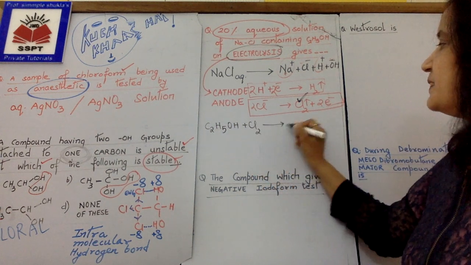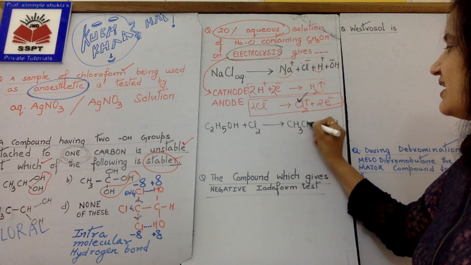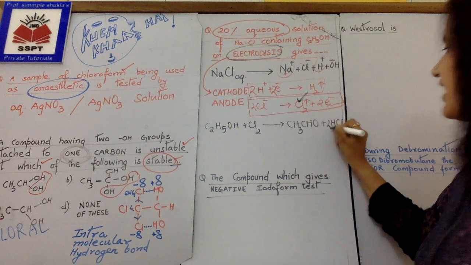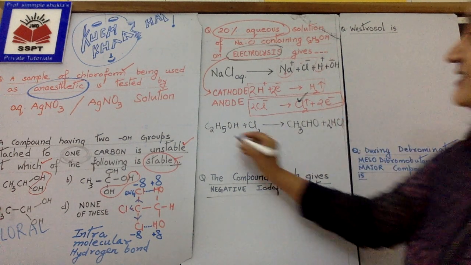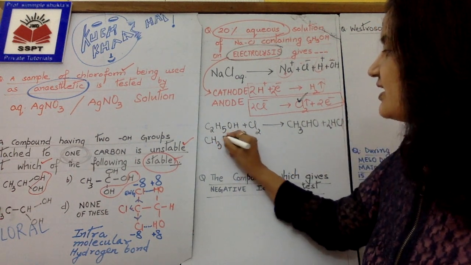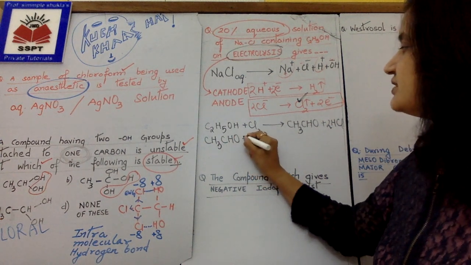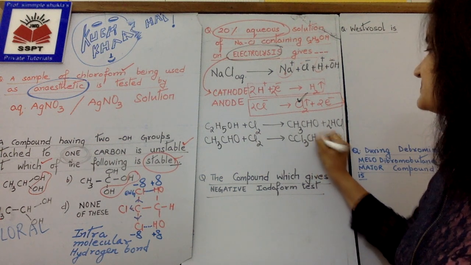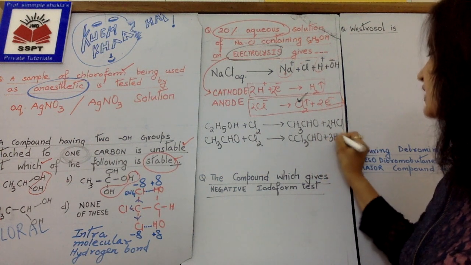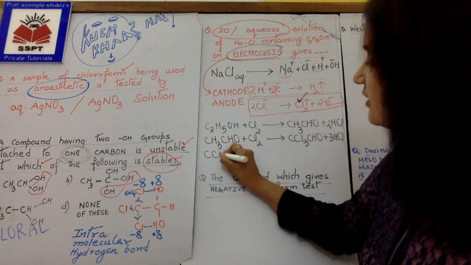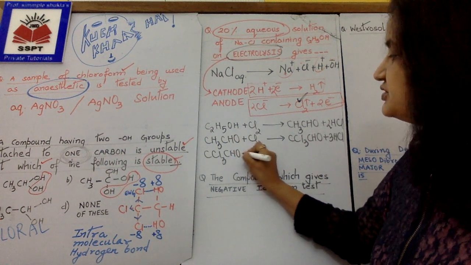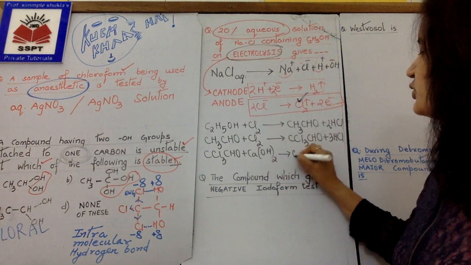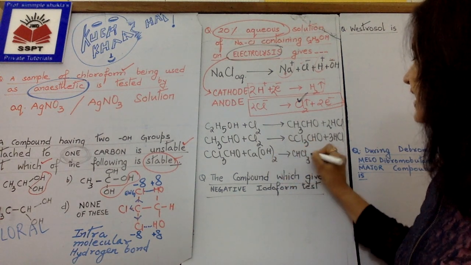to ethanal. Ethanol to ethanal like this. This ethanal on further reaction with chlorine will give chloral. Chloral on reaction with calcium hydroxide will give chloroform, and